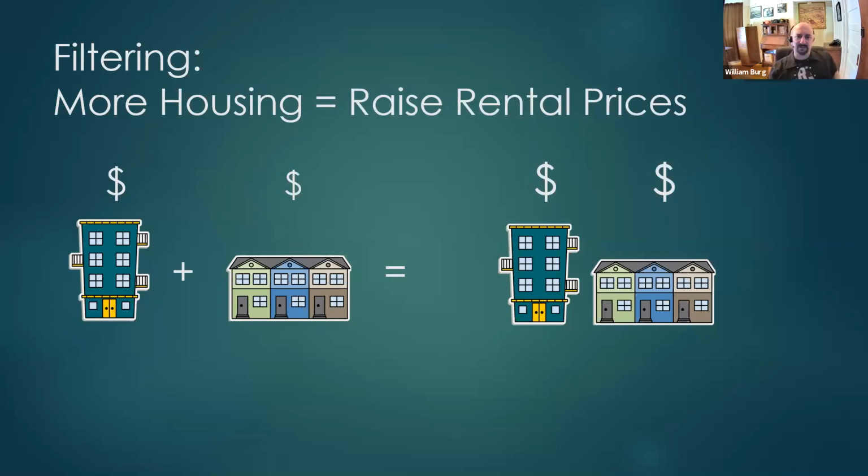Creating new housing also has other effects in a neighborhood. While the rents of smaller, older buildings may be lower, if you build new housing in a neighborhood, it sends a signal to the owners of those properties, whether they're renters or buyers, or whether they're a landlord or a single property owner, that, hey, this new housing in my neighborhood is more expensive than mine, and people are paying it. So that means my property is more valuable. I can charge higher rent or get a higher price for my house. And that reduces the effectiveness of filtering.